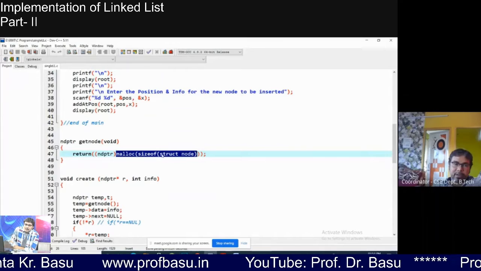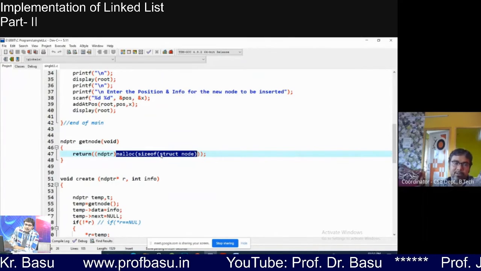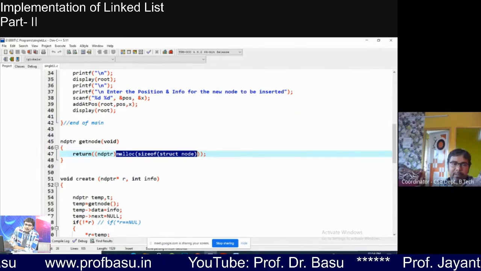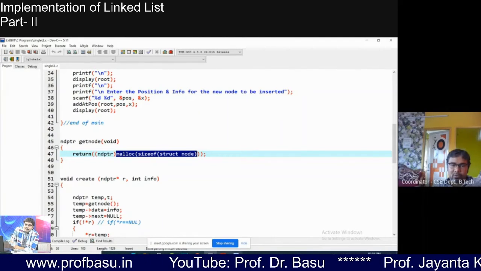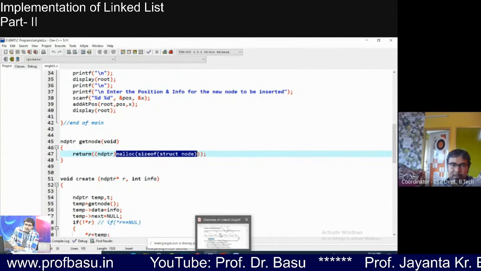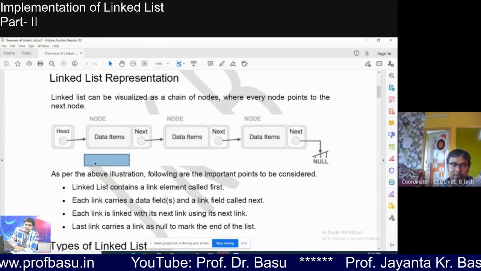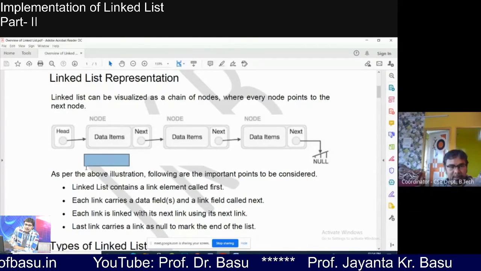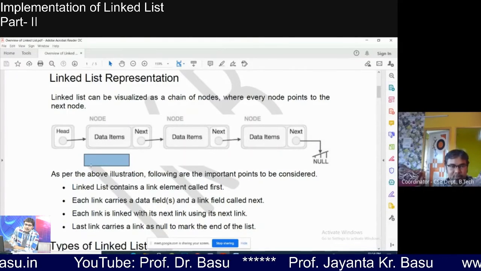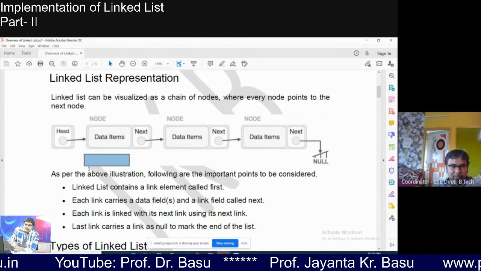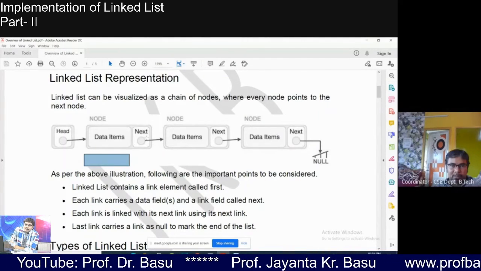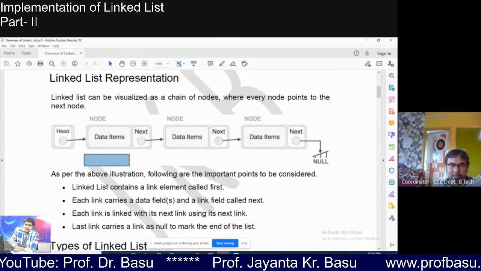After the node is created, the next task is that the function should return the base address of this node. After it is allocated in the memory, the get node function will return its address, because we need this for each node. For the first node we will assign here, for the second node we will assign here, for the third node we have to assign here also.